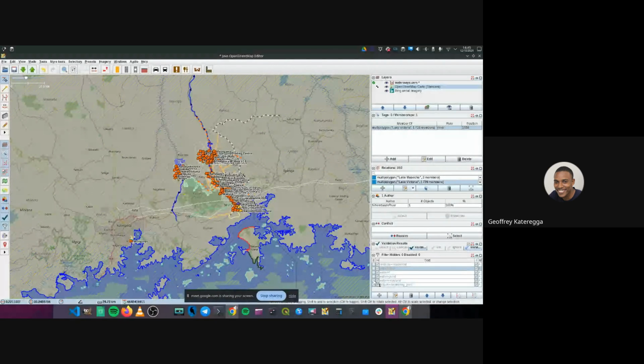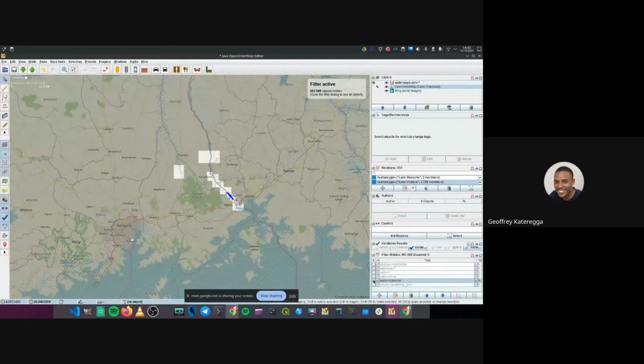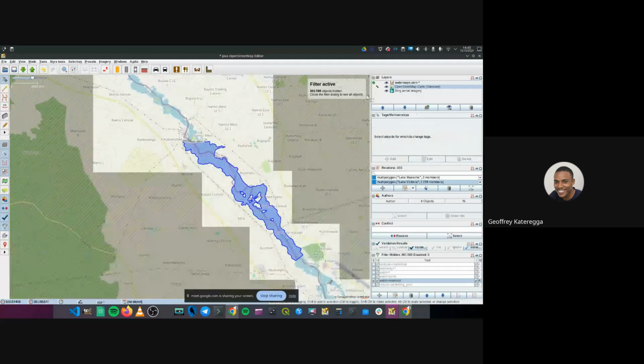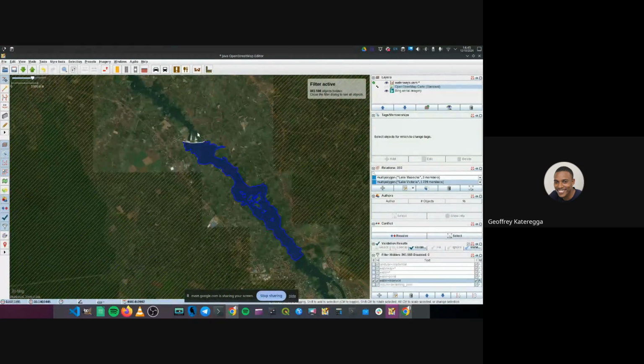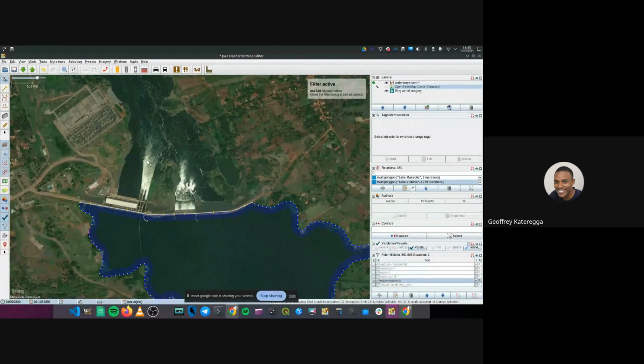I'm also going to show a very quick example here of a reservoir. Like I said, reservoirs are sometimes found near where there is a dam. So there is a reservoir here, which is in Uganda. Let me put the imagery here. As you can see, this is the reservoir, and it has been formed because there was a river, and on that river a dam has been created. The water that is held back by the dam forms a reservoir.